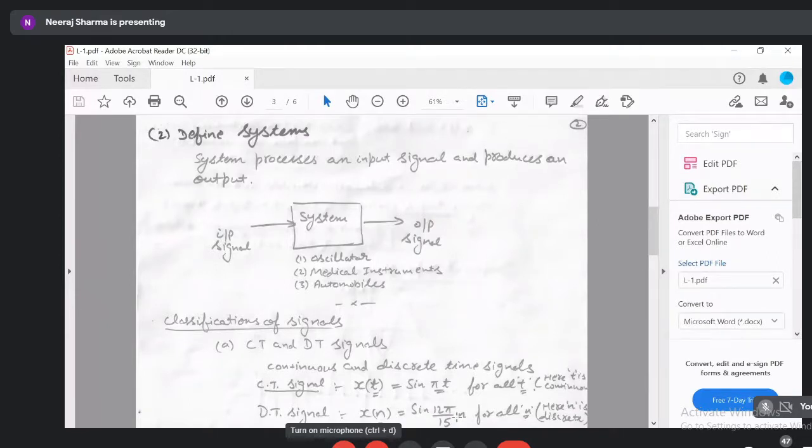वो CT ही signal है, वो discrete time signal नहीं हो सकता. So this is the basic definition of CT and DT signal, that is continuous and discrete time signal. So from the definition, it is very much clear that the CT and DT signal are defined only with the help of the x-axis characteristics. That is, it is dependent only upon the characteristic of the x-axis parameter. It has nothing to do with the y-axis parameter.